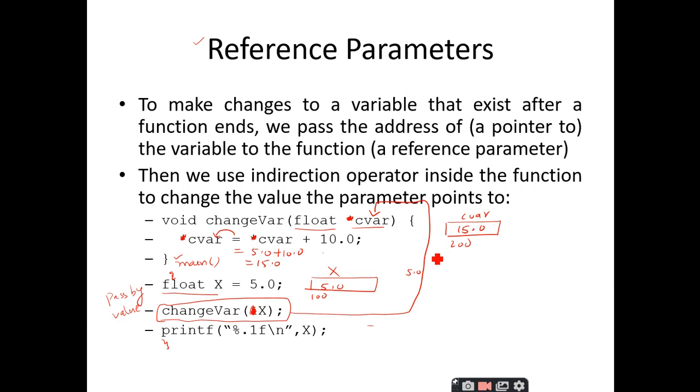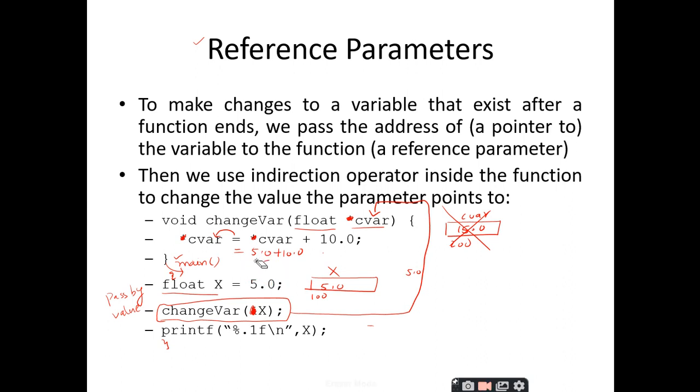Up to here, everything is clear, right? Yes, sir. But once the body of the function is executed and the control comes out of this function, since this C var is a local variable to this particular function, this will be dead. The C var is gone. It is nowhere available, right?